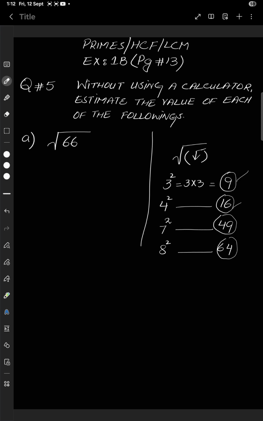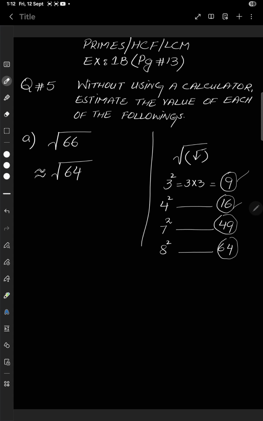तो हमें क्या करना है? We will use the estimation. हम देखेंगे कि अगर ये perfect square नहीं है तो which number is closest to 66 but also a perfect square. Okay, तो 66 तो परफेक्ट स्क्वायर नहीं है क्योंकि ये किसी भी नंबर का स्क्वायर नहीं है, बट 64 इज़ द परफेक्ट स्क्वायर, राइट? तो हम ये साइन लगाएंगे, this sign is the estimation sign, that 66 is not a perfect square, but we estimate the nearest number is 64, which we all know is 8 square, right?